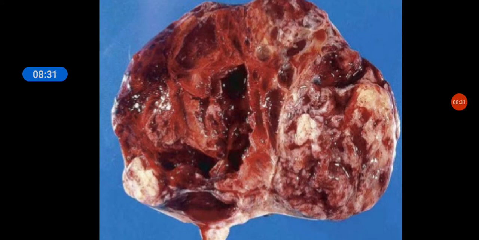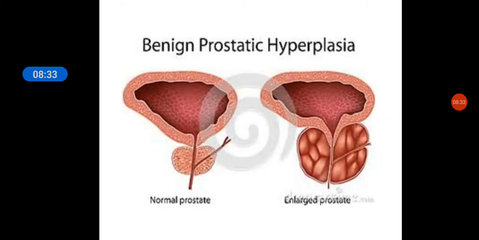prostate. Prostate is a gland. Okay, now where is this gland located? Just below the urinary bladder. Okay, and it is like a cusp. Okay, it is just catching the urethra in place, something like that. Just remember, just imagine like that.